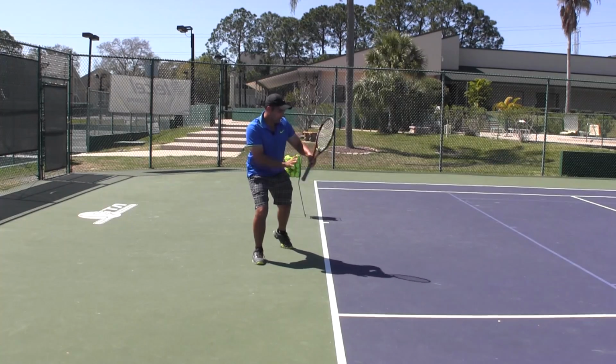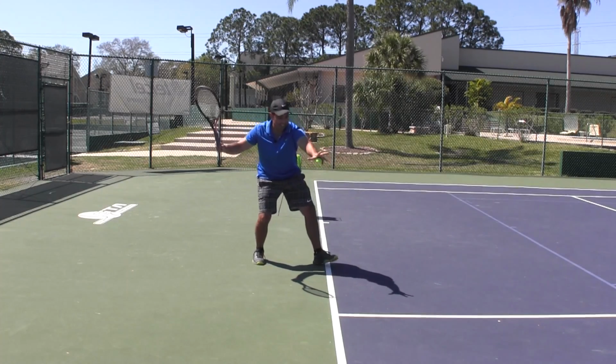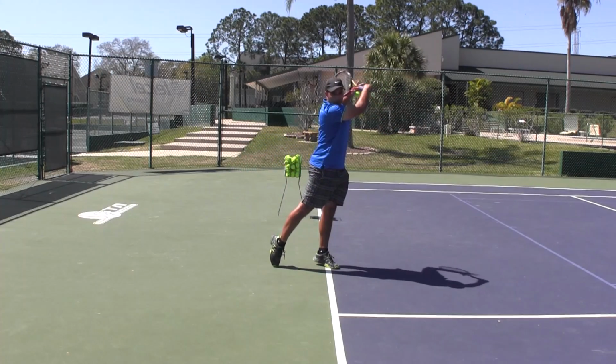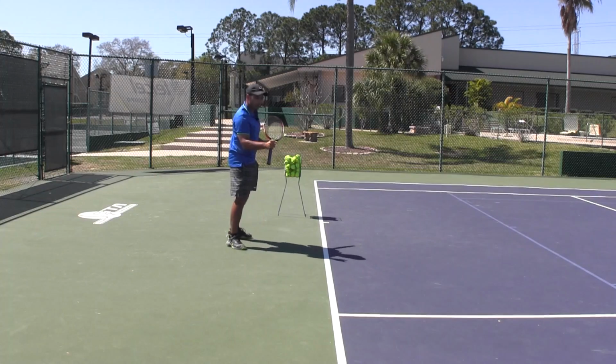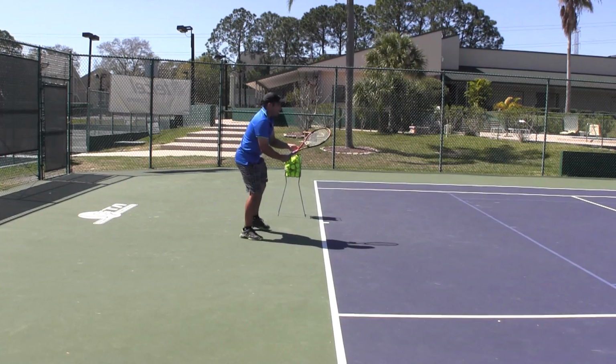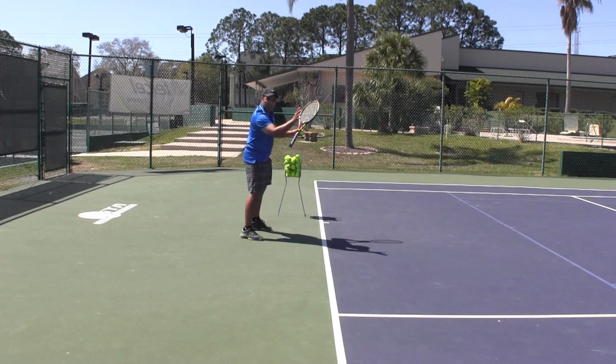And number two, good enough distance so that I can transition my weight downward and forward and then come back up and out, okay? That is the key. So I have to feed the ball in a manner where I can do this. So let's try a few here and just watch my loading and then my weight transition, and I can fully